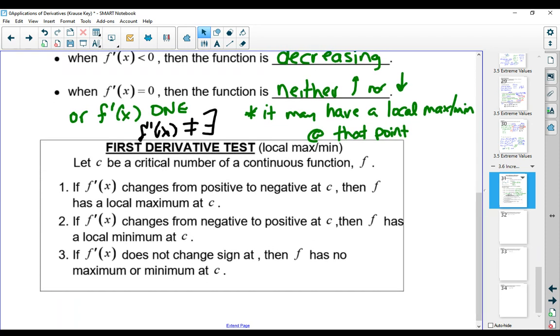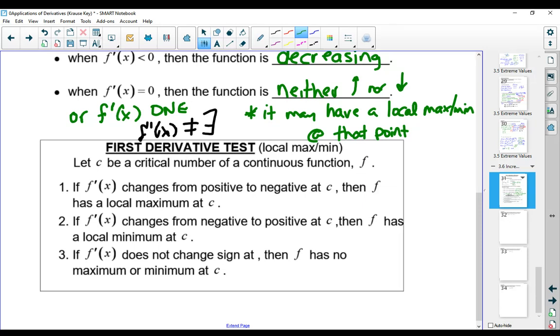All right, so on to the first derivative test. This is what we use to identify any local maxes or mins. So c is going to be our critical number for a function, and this is a continuous function. Unlike what we did yesterday where we had a contained interval, this is a continuous function. So if f prime of x changes from positive to negative at that critical point,